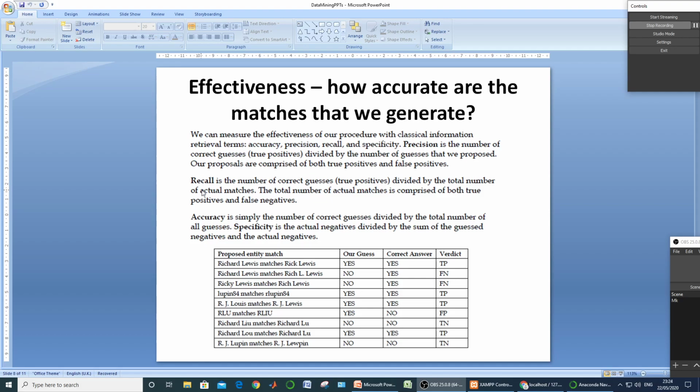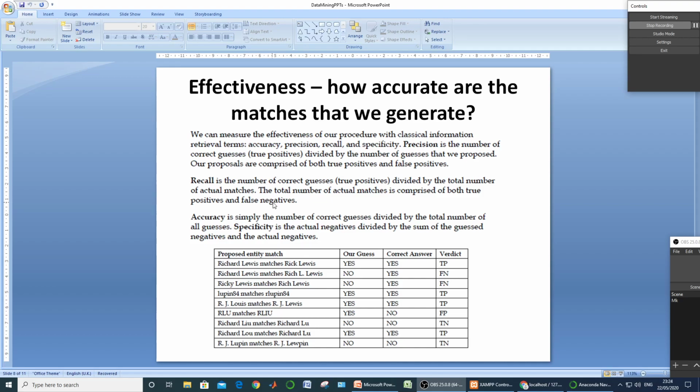Now move to recall. Recall is the number of correct guesses, meaning the true positives, divided by the total number of actual matches. The actual matches are comprised of both true positives and false negatives. True positives are actual matches, and false negatives are those which were generated as negatives by our system but actually were positives.